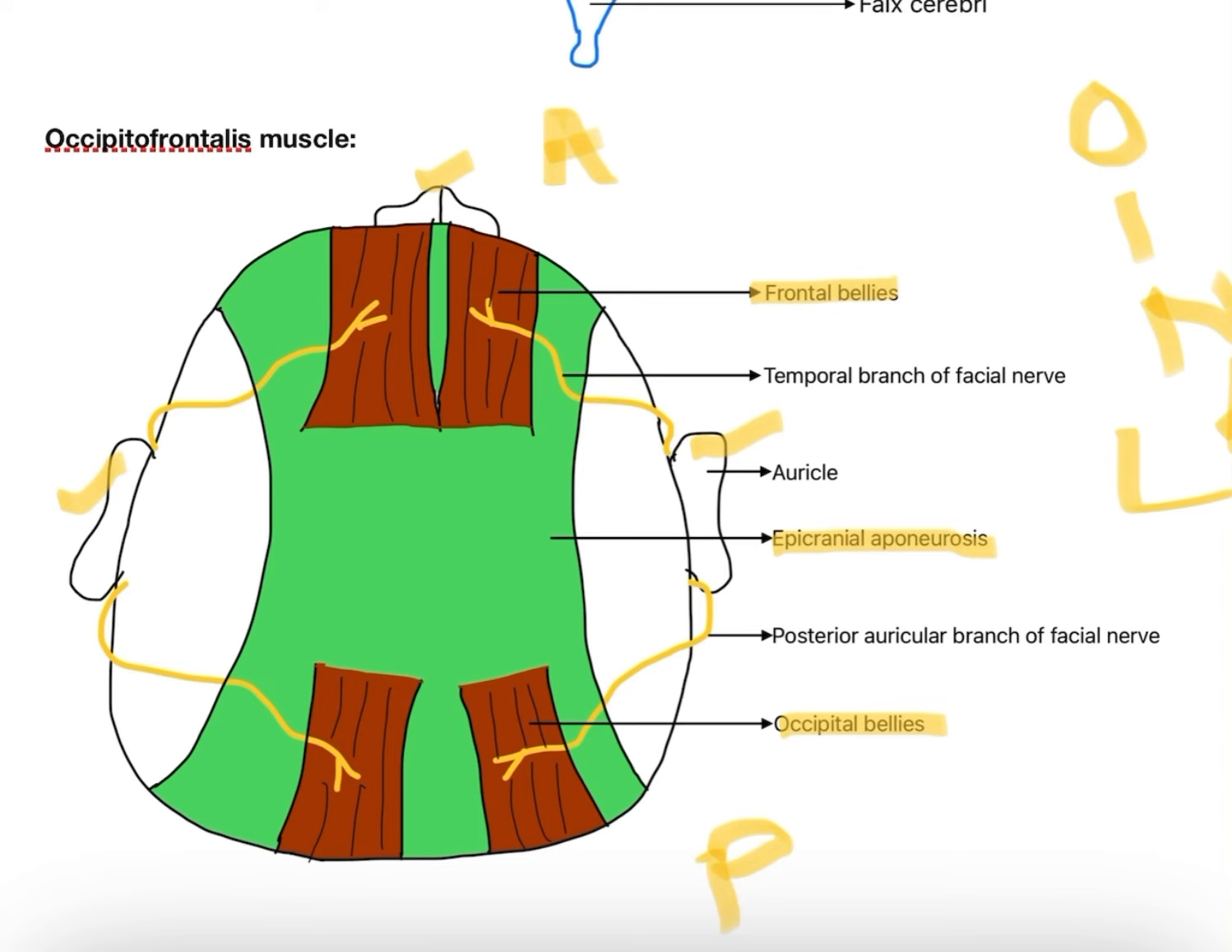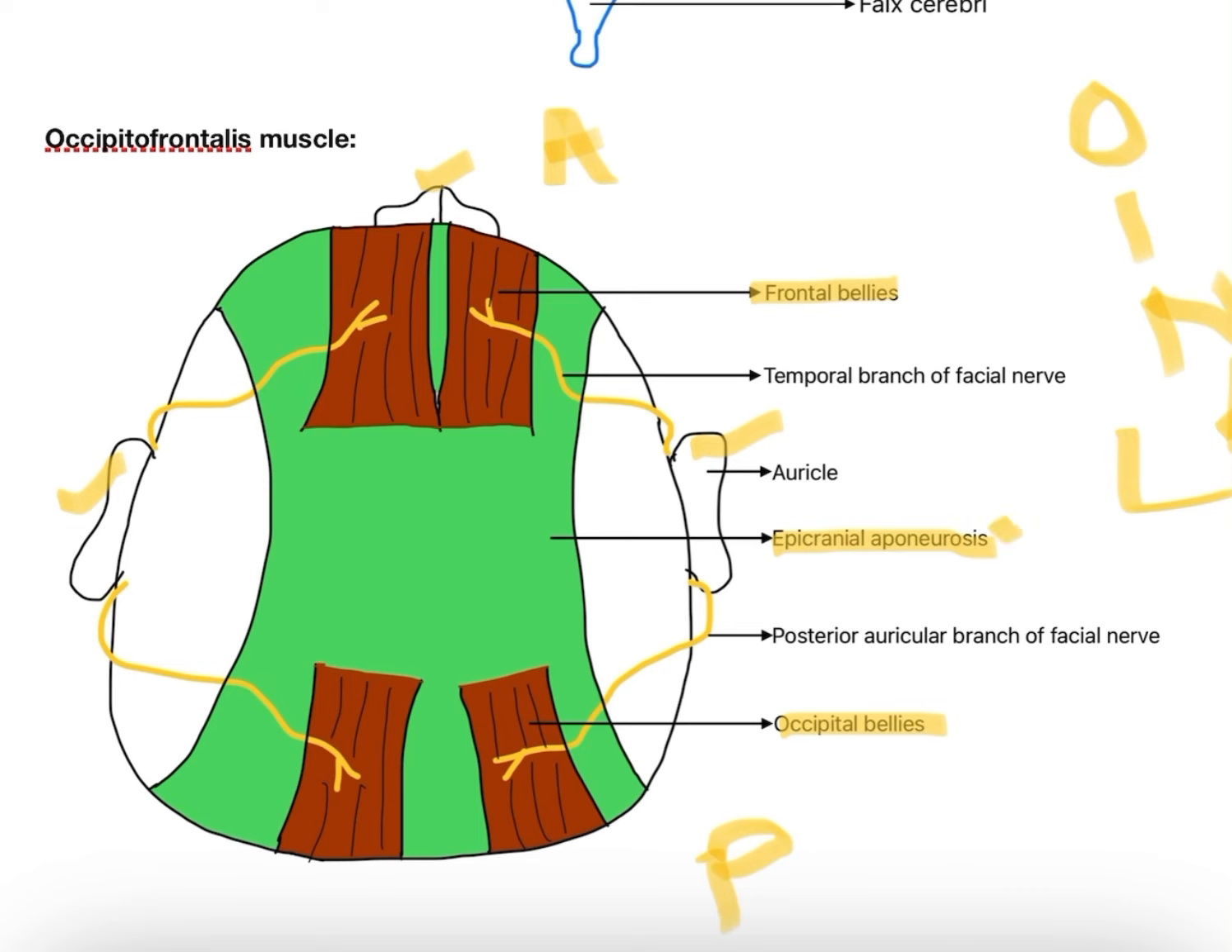Origin. Let us see the origins of the frontal bellies. Frontal bellies originate from the skin and subcutaneous tissue over the eyebrows and the root of the nose. So origin of frontal bellies is skin and subcutaneous tissue over the eyebrows and the root of the nose. That's it. Those fibers arise from that area and run backwards and upwards, and they insert in